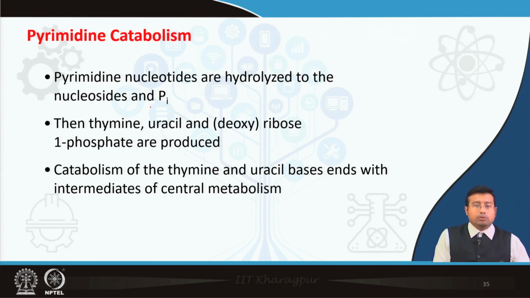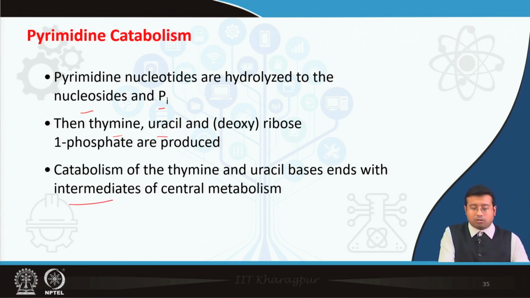These are no exception: purines are degraded to their nucleosides and inorganic phosphates. So, nucleoside means ribose and nitrogenous base, okay, and once we detach the phosphate, the nucleotide becomes a nucleoside. On further degradation, the individual nitrogenous bases, thymine and uracil, will be produced. So, our goal is to determine how these thymine and uracil bases are degraded, and upon degradation they will produce